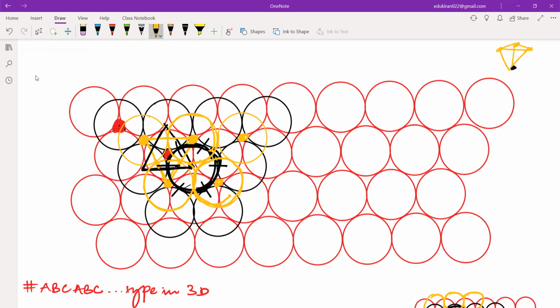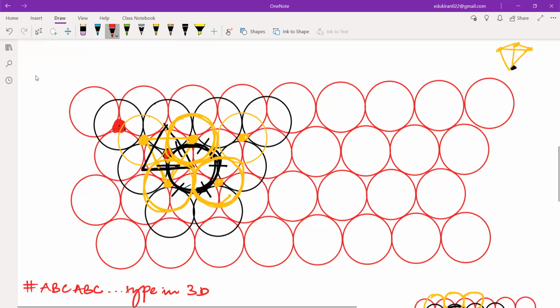Okay, so all these yellow atoms must be touching the black atom. Okay, all of you can see these three yellow atoms, yes or no? Yes or no, guys? Yes, sir, we can. Okay, now I want your focus,